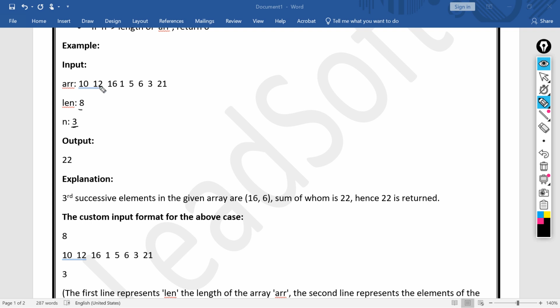So you guys can see, okay, if I'm going to write the position, so this is first position, this is second, this is third, this is fourth, this is fifth, this is six, seven, eight. So the third successive positions means starting by this, so we are going to receive 16 first, no doubt. Okay, starting by this, again third position we are going to receive a 6, and after this there are